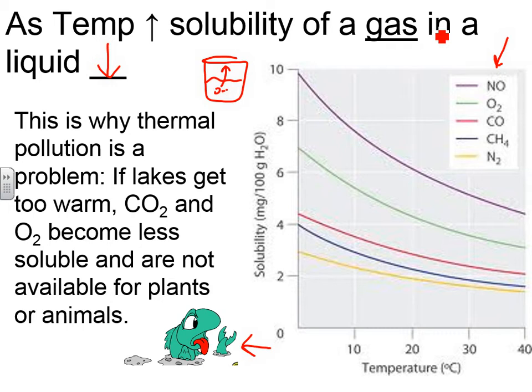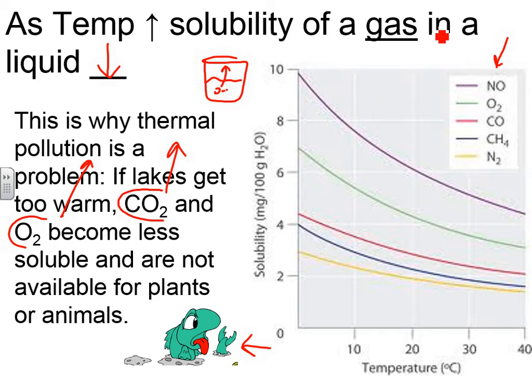If you increase the temperature, the solubility of a gas decreases, and fish and other forms of life depend on dissolved CO2 if it's a plant-based organism or algae, and animals depend on dissolved oxygen in the water, which there's not a lot of it, but enough for them to do well. So when you increase the temp, these come out of solution, decrease in their solubility,